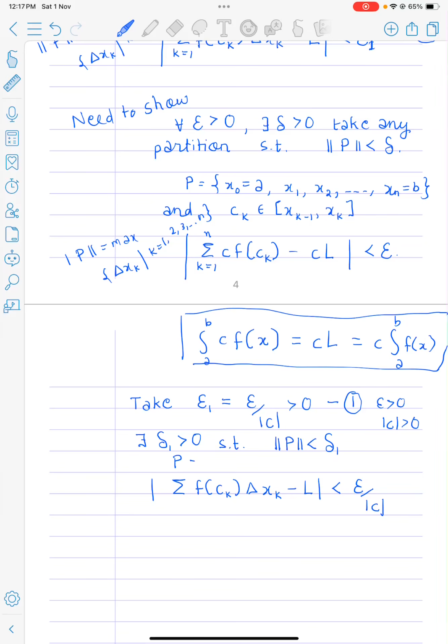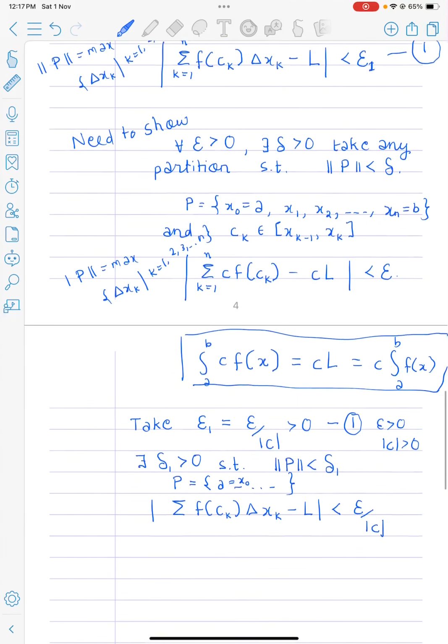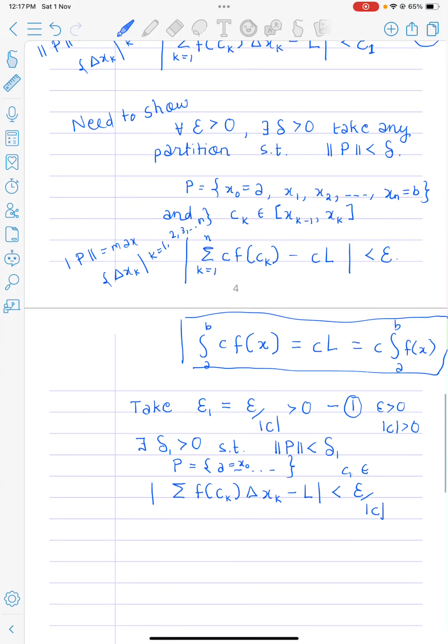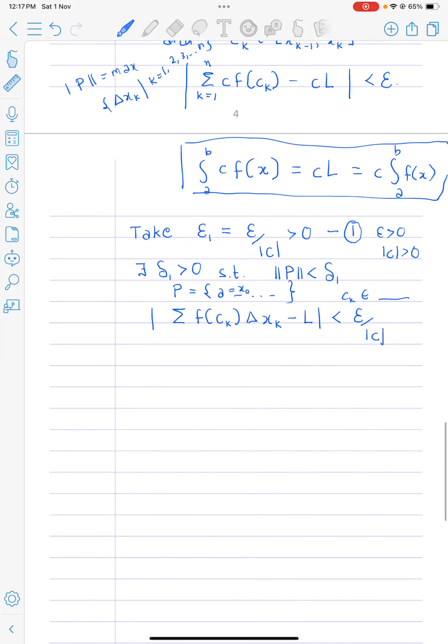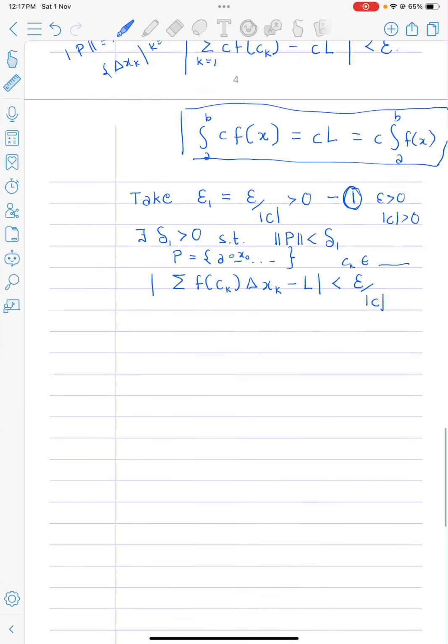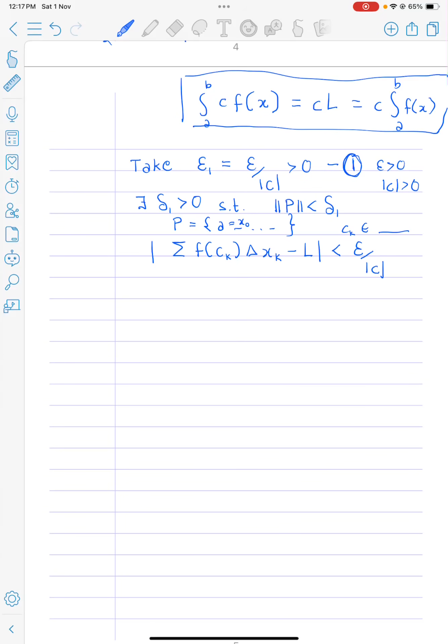Okay, I'm not writing p is equal to a and so on. So x0, this one, and ck belongs to this. I'm not writing. Because we put one, in one we put epsilon by mod c. Now you take mod c here, you will get,